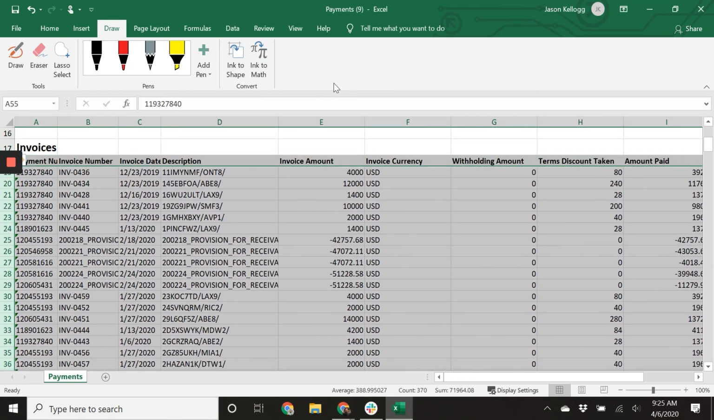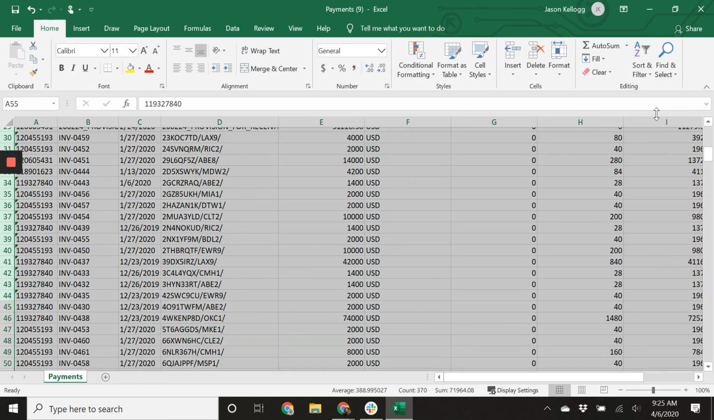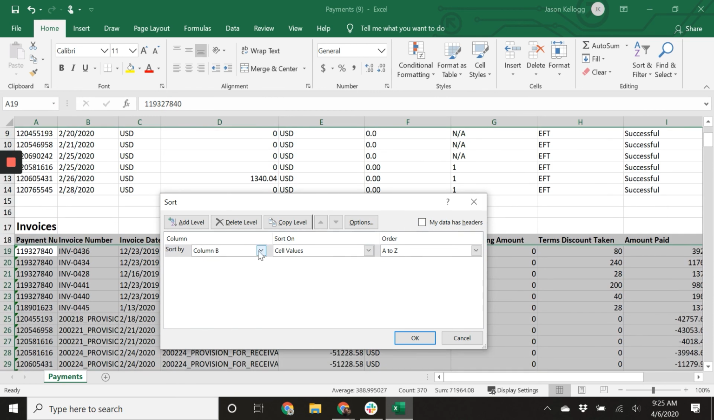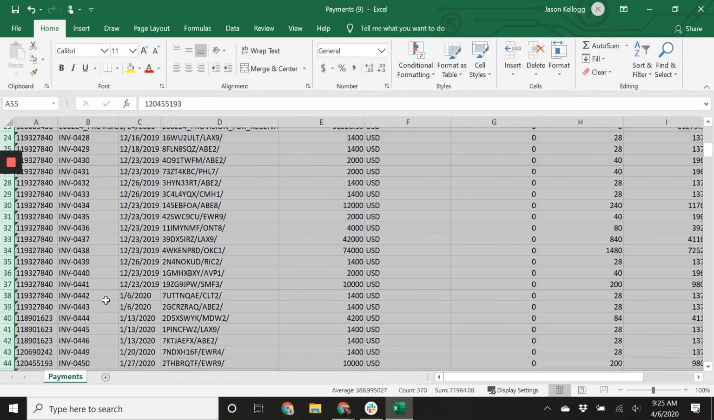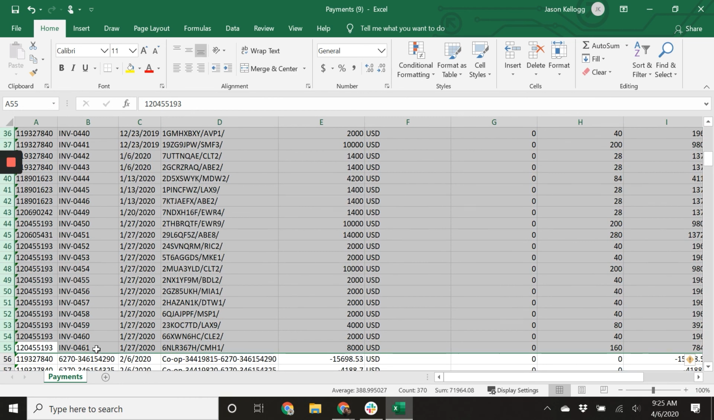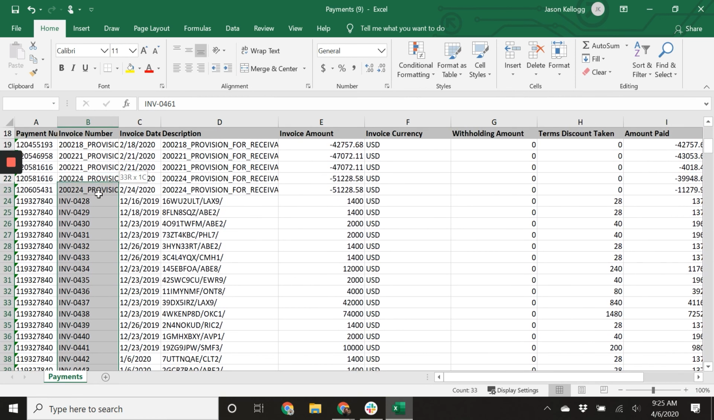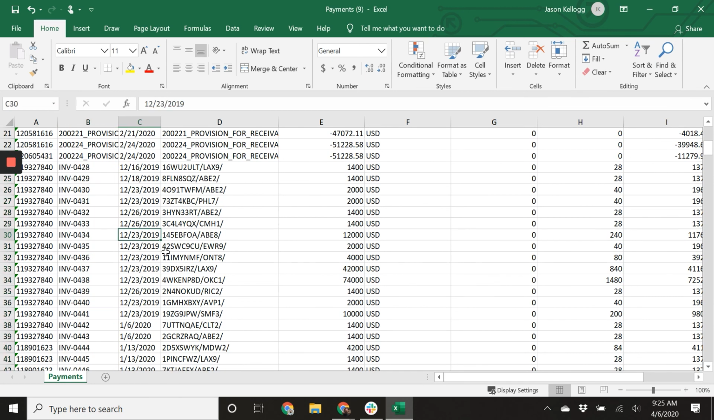select these, and I'm going to resort these. And I'm going to resort them by column B. So now I have all of my invoice numbers here that I know that I need to clear out of Xero because Vendor Central has paid them. So I'm going to go through and